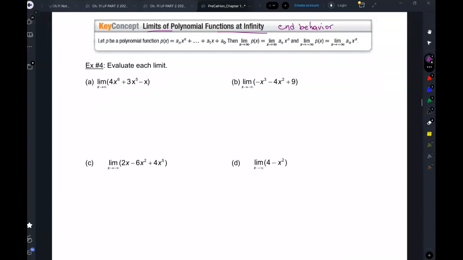When we had a polynomial function like this, remember you only took the term with the highest degree. So now this is 4x to the 6th. As x approaches positive infinity, this is just going to approach positive infinity. In the next case, the term with the highest degree is negative x cubed. And if you're looking at x approaching negative infinity, it's going to go to